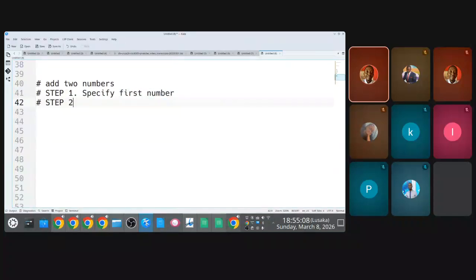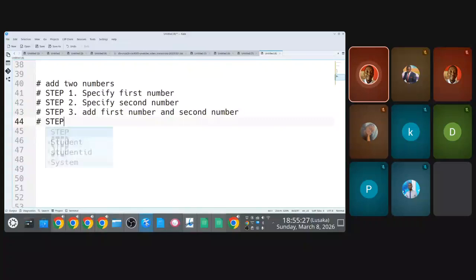Step 2, specify second number, right? And then step 3 would be add first number and second number, right? And maybe step 4, print result. Now, if you're adding numbers, one of the crucial things you ideally would need to do in your program is